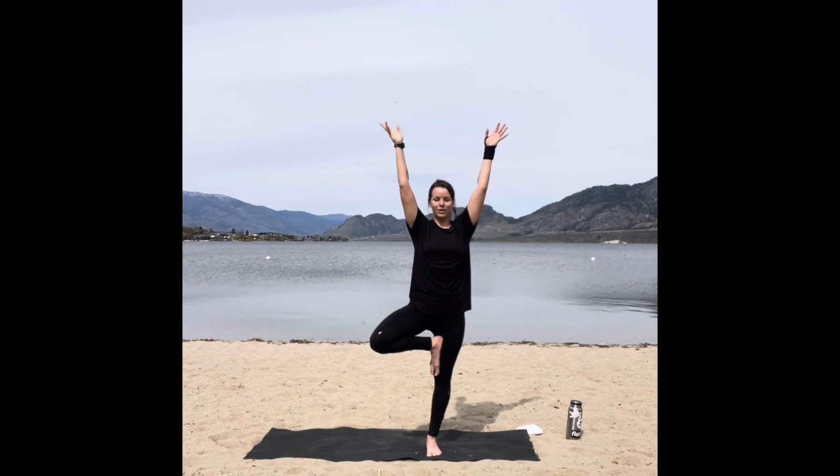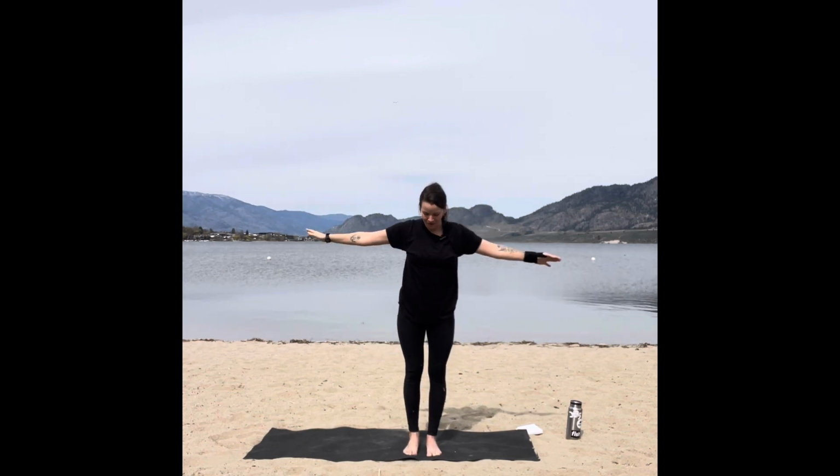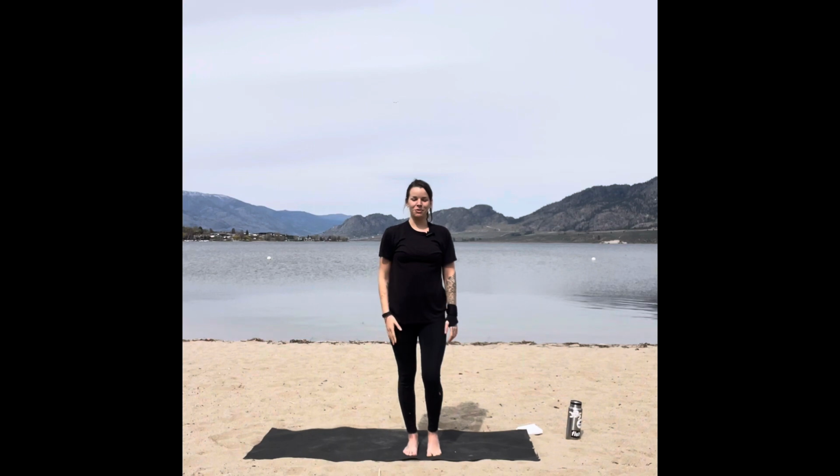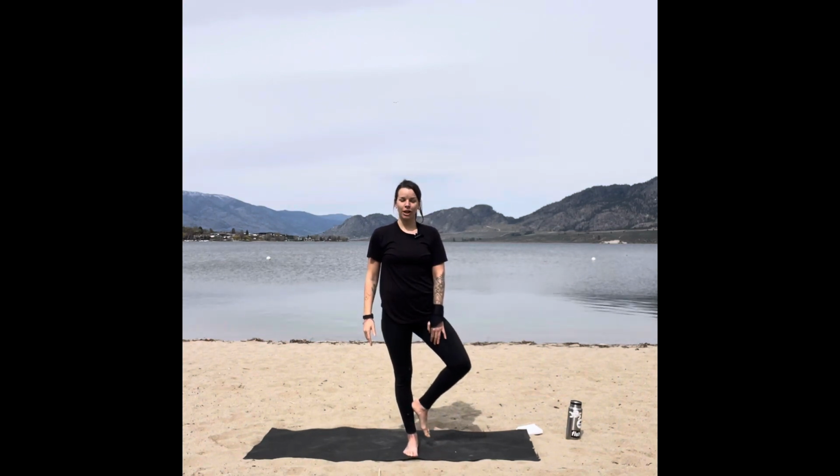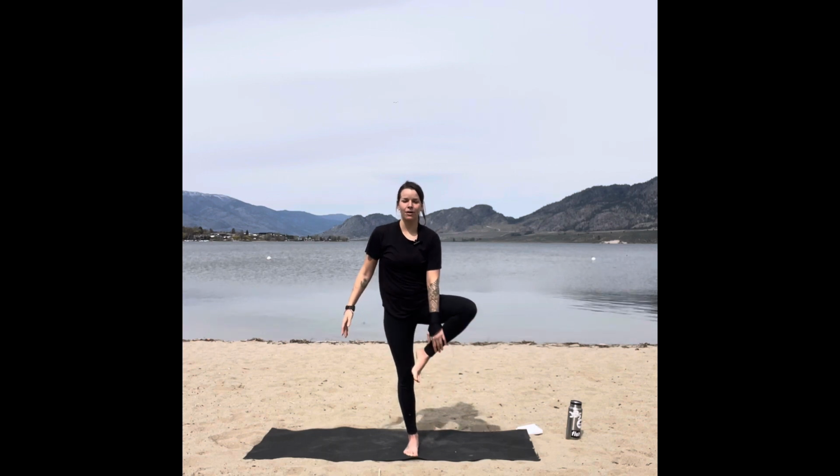Wonderful. When you're ready, just bringing that foot down, putting your weight into your right leg, and we'll just do that on the other side. So again, shin, thigh, but never onto your knee joint. Bringing it up,